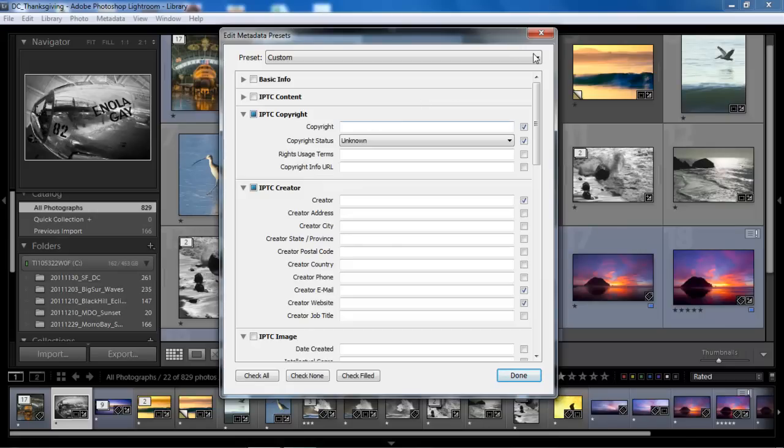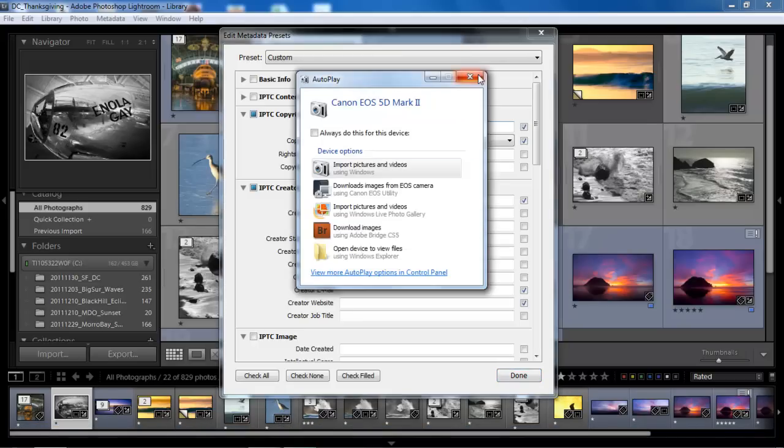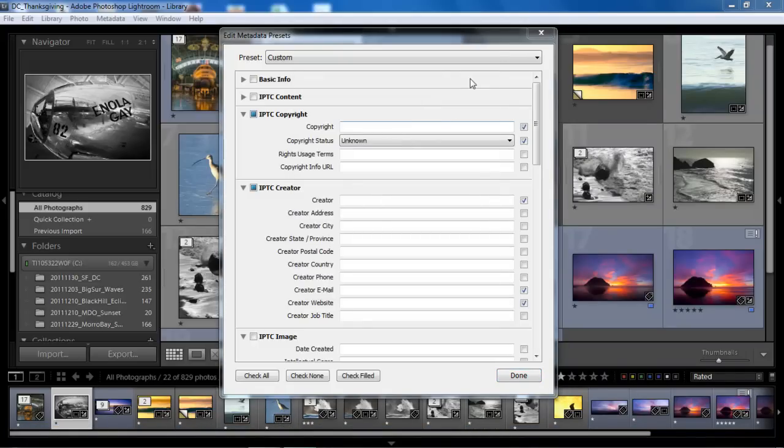Now, if you haven't done it, and you'll know if you have or not by clicking up here where it says Preset up top, and you'll notice that I just plugged in my camera so I can do the second part of this demonstration. I click into Preset. If you see anything right here, you'll know that you already have a metadata preset. If not, you can just leave it on Custom and then fill it in very quickly,